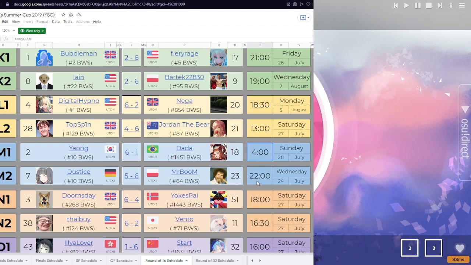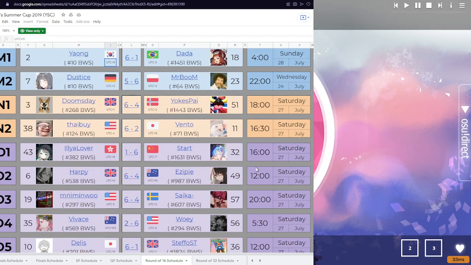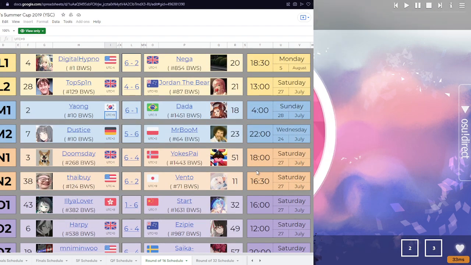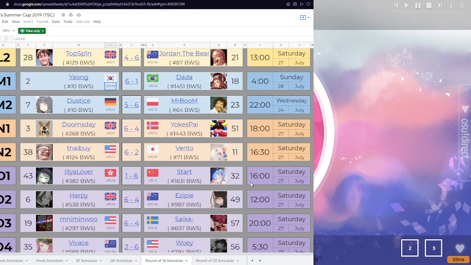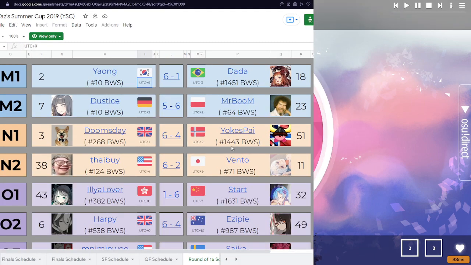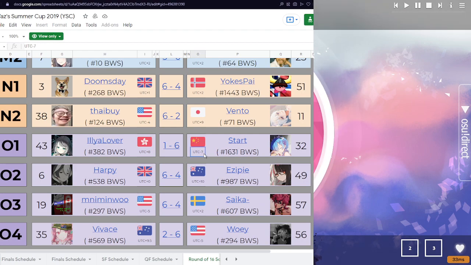It is Saturday night for Dada, and his opponent Yang is UTC +9 from South Korea, so for him that would be 1 p.m., his time. So keep in mind, one very important thing to note is that you might see something odd. Here, for example, the time zone says UTC -7, although there's a Chinese flag here,